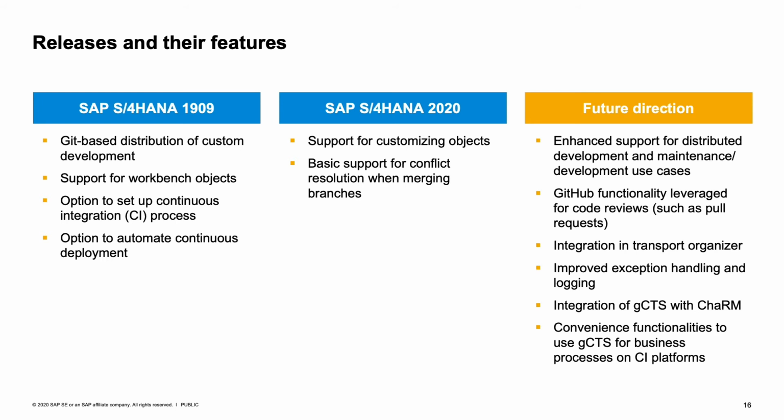We have a basic first idea of a merge UI that you can use for resolving conflicts. It's not the full solution to support you for conflict resolution, but it's a first step. The idea is that when you merge branches, you can find out where you have conflicts, and you will see the conflicts where they are inside your coding.